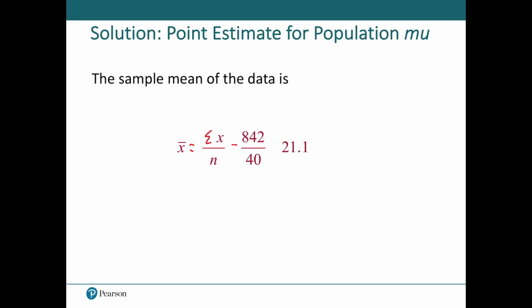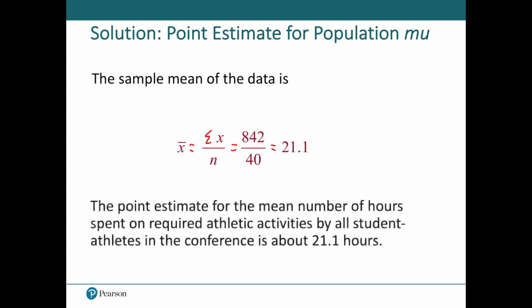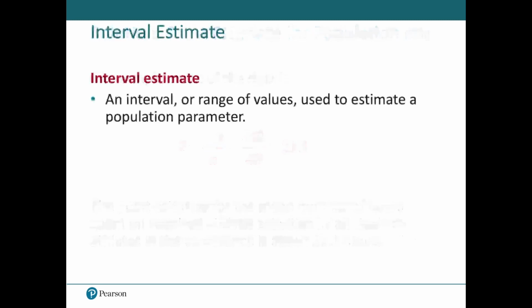I'll just call it sum of x, and so they go ahead and do that. A little bit boring, but it works. And we do have the sum of x over n. Turned out the grand total hours was 842, which does average to exactly, well, pretty much rounded to the nearest tenth, 21.1 hours per week. And I will say this is hours per week, just to make sure that we have that in place.